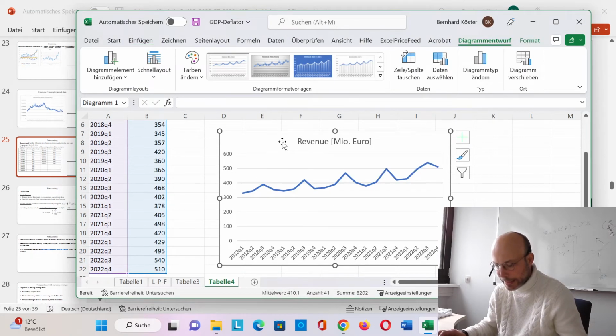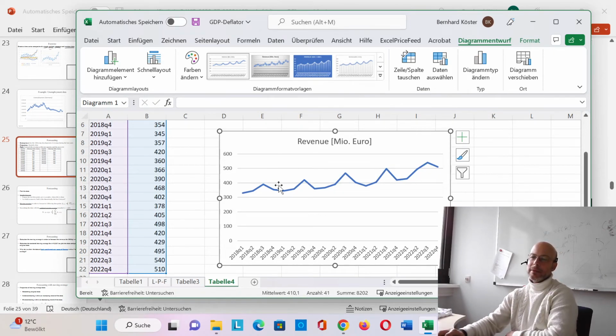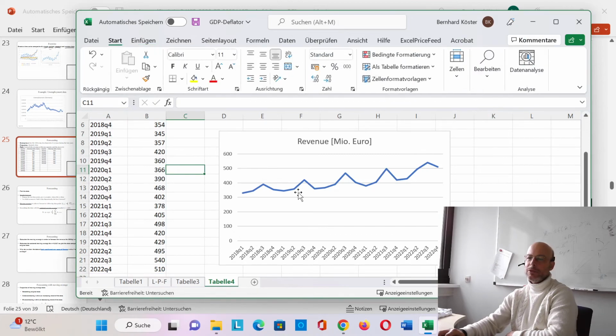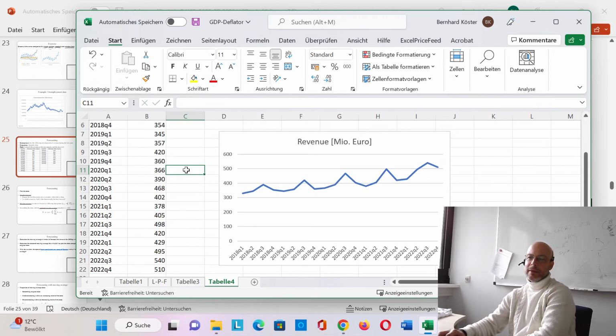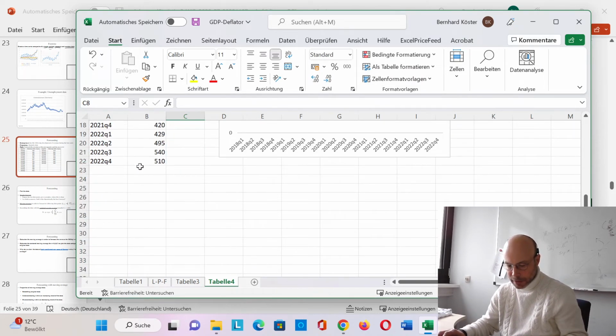And then you see again, I more or less created here a time series which has some kind of a long-term trend. Maybe you see also some cycle here and maybe also some seasonal pattern within this data. And maybe forecast here